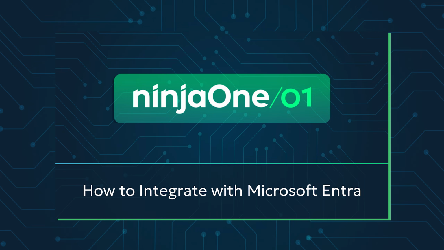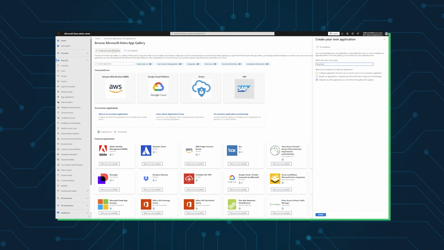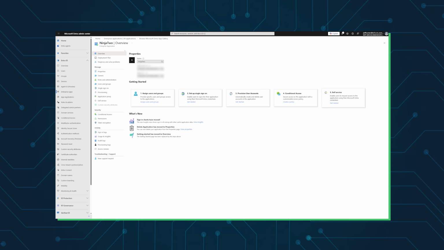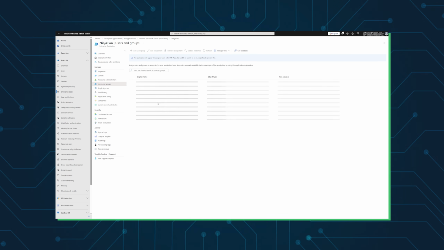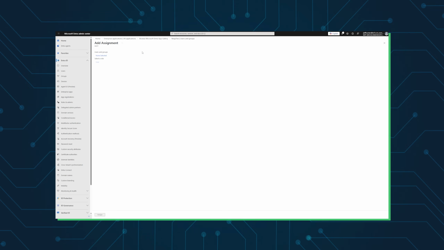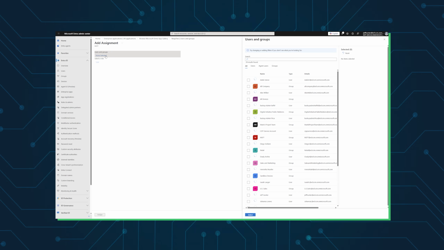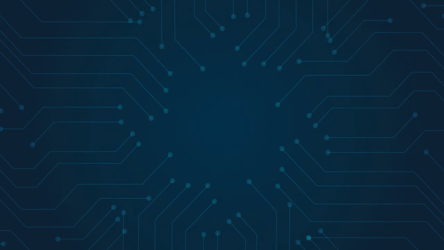Last week on Ninja 101, we started integrating Entra using SAML, which would force users to be logged into Entra before accessing NinjaOne. You'll need to watch and complete the steps in Part 1 before watching today's Part 2 video, where we're discussing integrating Entra using the SCIM protocol. This part of the integration will allow us to automatically sync mapped Entra users into NinjaOne as either technicians or